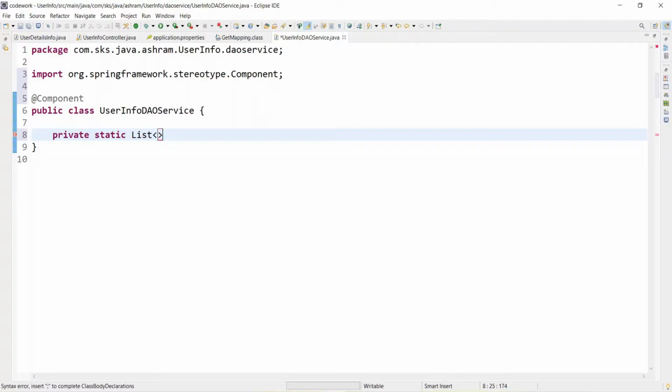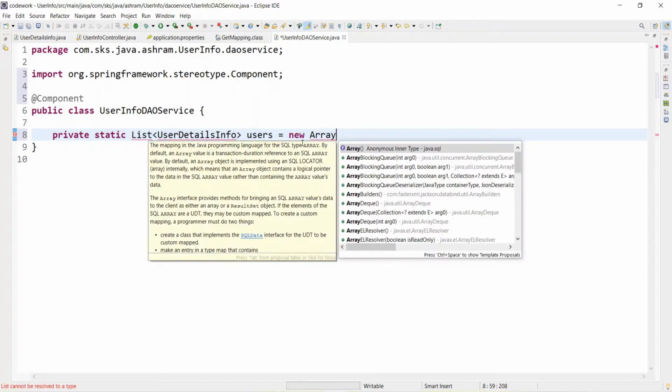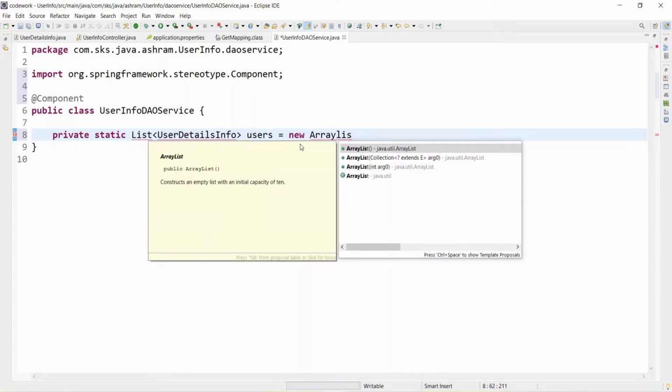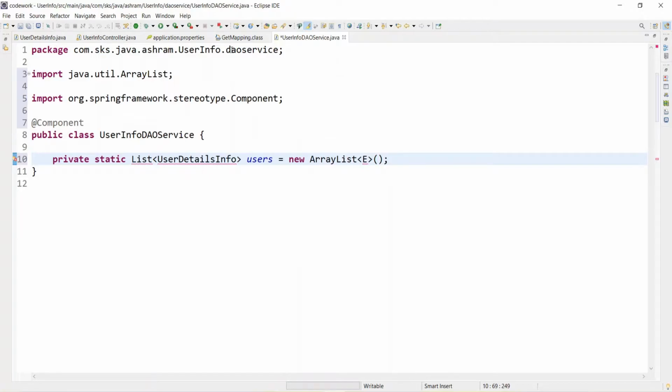So let's say UserDetailsInfo, and here we can type users is equal to new ArrayList. Correct.